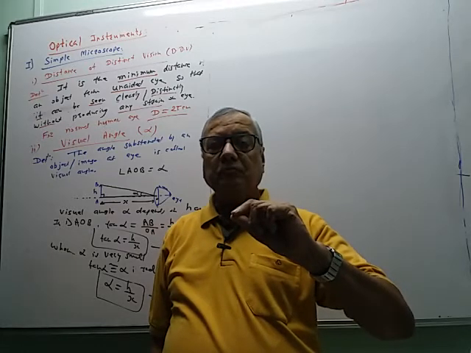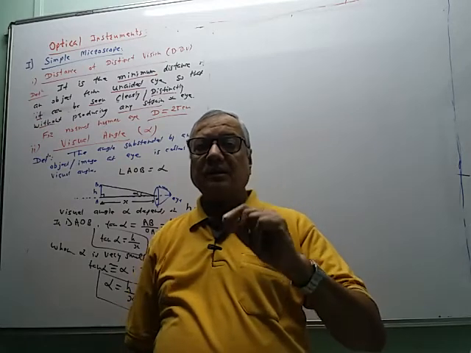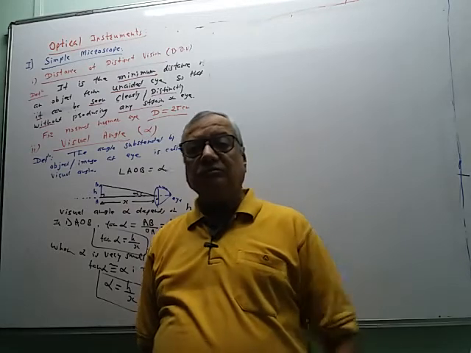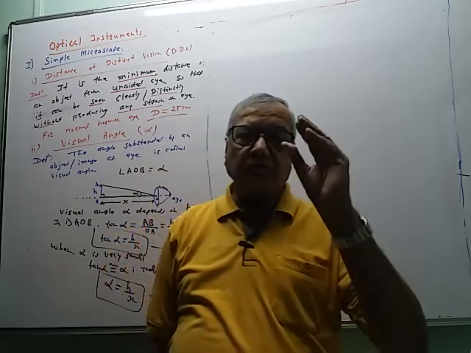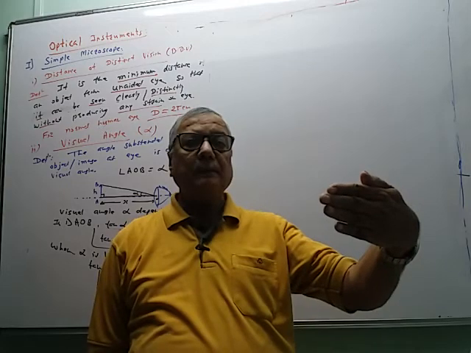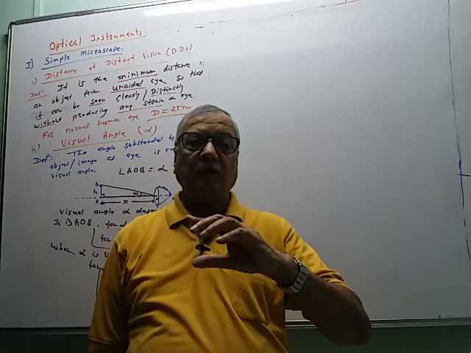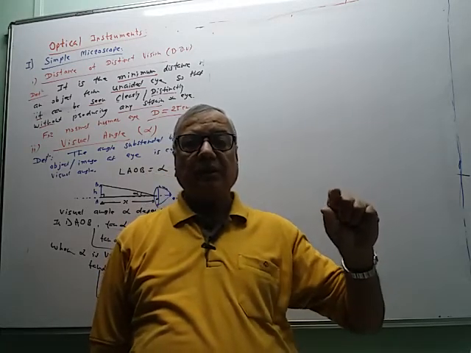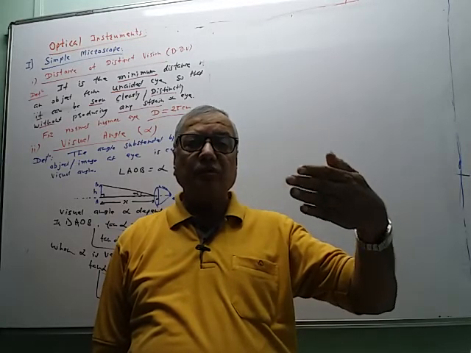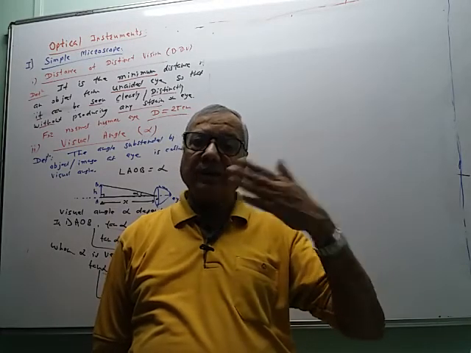Now, if the object is very, very small, what example did we take? The letters, some important notice, dosages, and other information given on the leaflet of a medicine bottle. On the medicine bottle there are some instructions given. Those letters are very, very small. Even if we keep it at DDV, 25 centimeters, we cannot see them. Or on the strip of a medicine tablet, there are some instructions given. Also we cannot read that even though it is kept at DDV. So in such a case, even when the object is at DDV, we cannot read or see them.